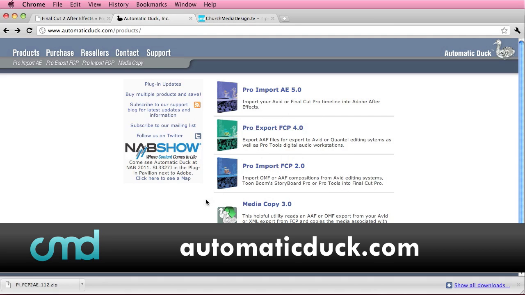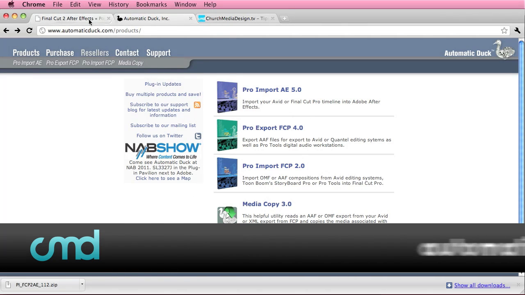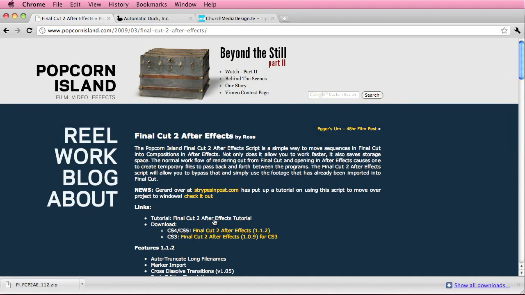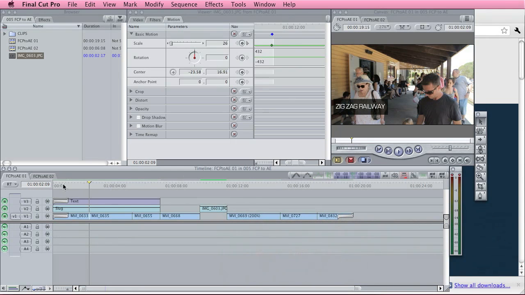And it only goes one way. So, it's quite an expensive plugin, but if your workflow is Final Cut to After Effects or vice versa, this is probably the plugin to get. However, this is a free script, and you know what? You're not going to lose much by having a go at this script. So let's get started with this, shall we?